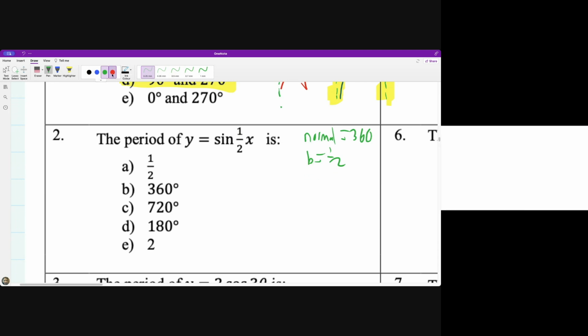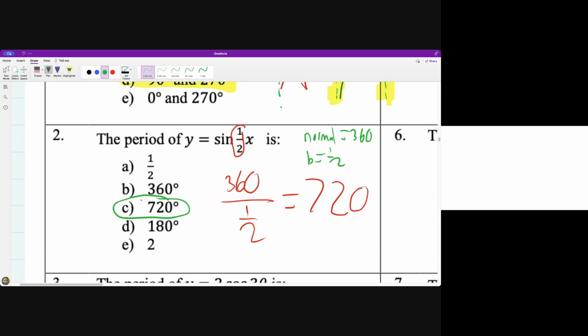Okay, now how do we change the period of the graph if we've got a different number in front of the x? We go 360 and we divide it by the number in front of the x. So what is the period going to be? Well, use your calculator if you have to. What do you get? I get 720,